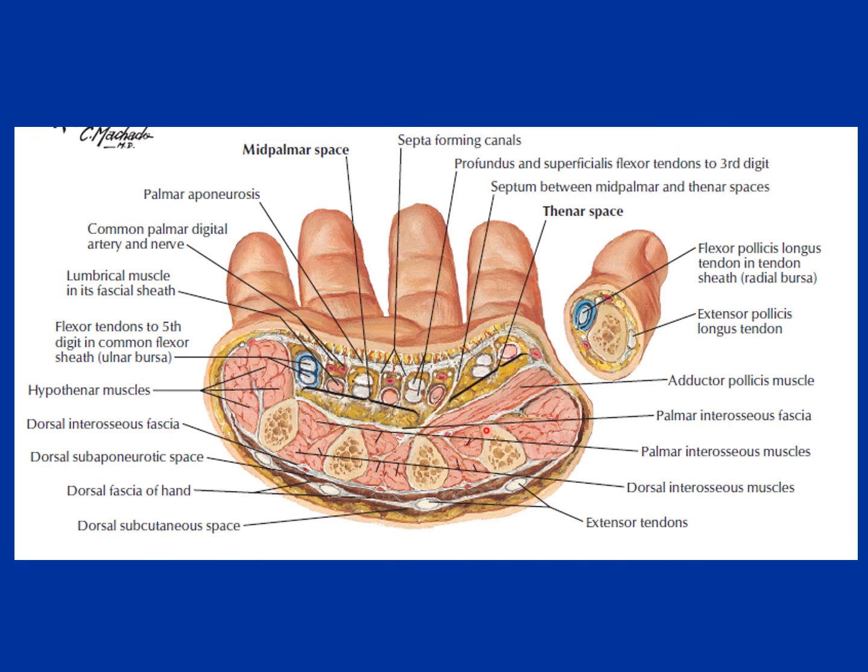Here you can see again the same diagram, the transverse section. Below the palmar aponeurosis, this one, you can see there are segments, and these segments contain the long flexor tendons. Superficial will be the flexor superficialis tendon, this one, and below will be the flexor digitorum profundus tendon. So here you can see the profundus and superficialis tendons of the third digit. Then the fibrous tissue is separating these channels, forming canals.